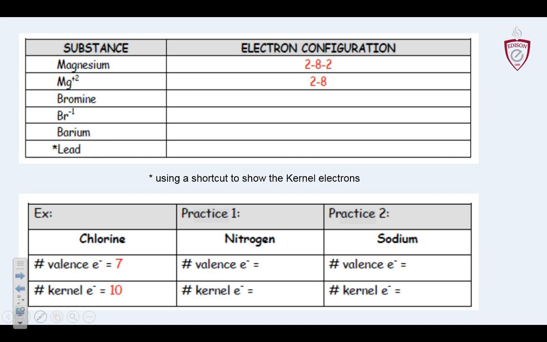Well, it's missing on the periodic table a whole bunch of those first numbers. It's missing the 2, 8. Oh, maybe because there got to be so many circles of electrons, they couldn't squeeze them all into the box. Right. I think that star designates the shortcut. It's a shortcut for 2-8. So for lead, it should be